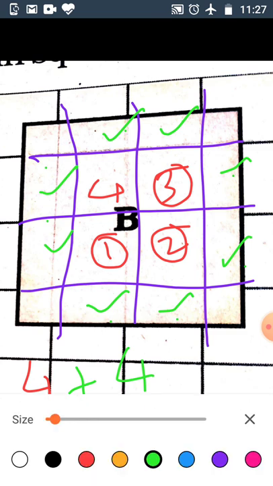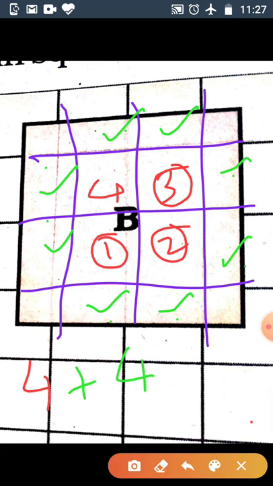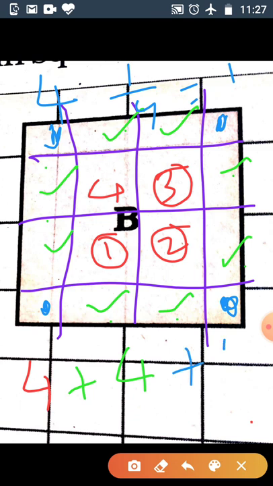After that you will see how many quarter squares are there. This is a quarter square, this is a quarter, this is a quarter and this is a quarter. It means 4 quarters make 1 complete square. So add 1 more. So 9 square centimeter will be the area of this complete figure.